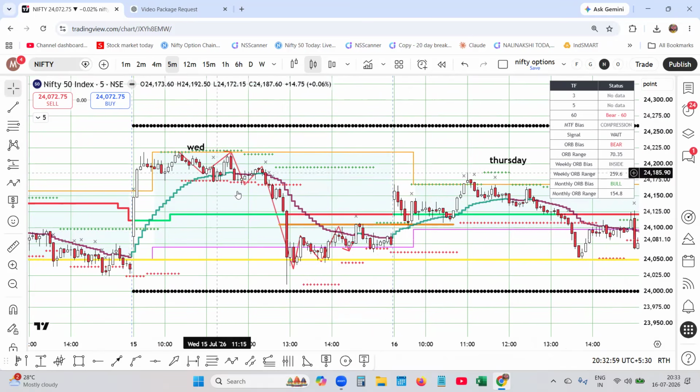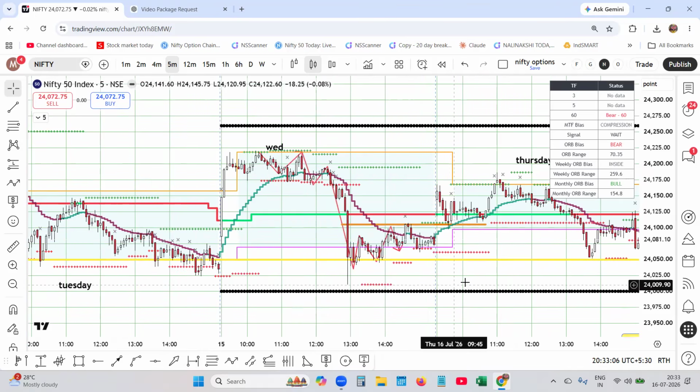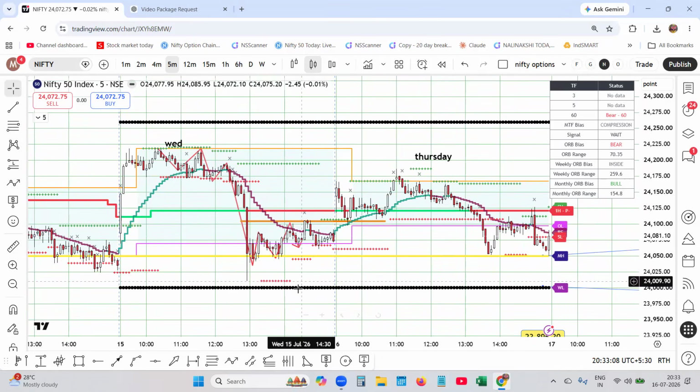After the fall, it prepared itself, and the weekly and the monthly lows, monthly high and the weekly low were protecting this level. The market gapped up today and